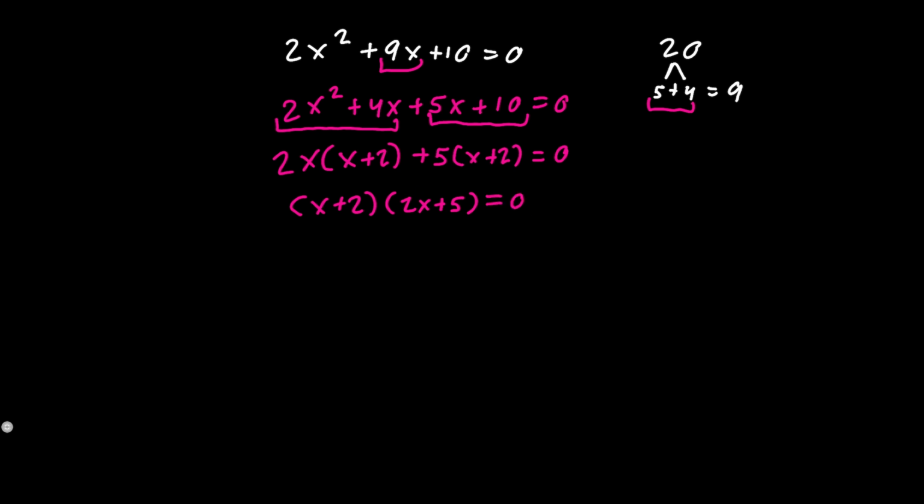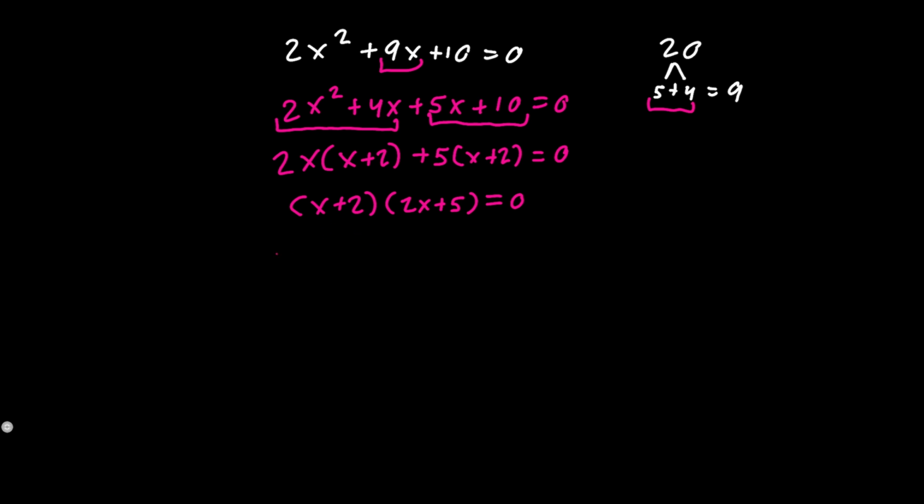And if we go ahead and expand our two linear factors, we would have 2x squared, and then x times 5, that is 5x, and plus 2 times 2x, that is plus 4x, and then plus 10. And 2 times 5 is 10. And adding 5 and 4, we get 9, which is indeed our original quadratic. So now that we expanded our expression,